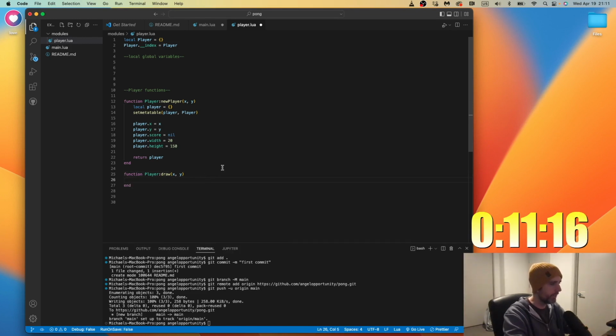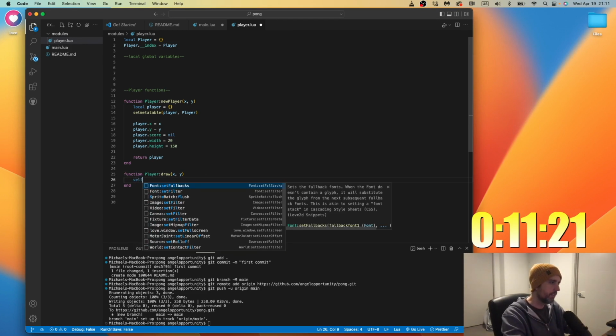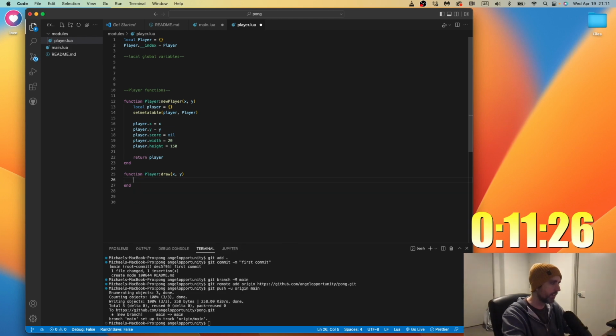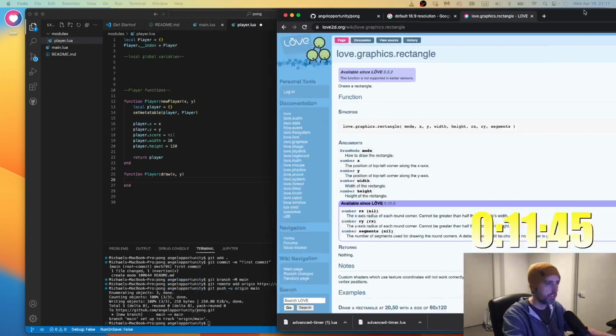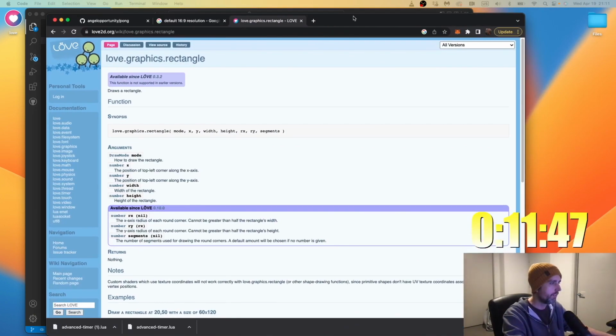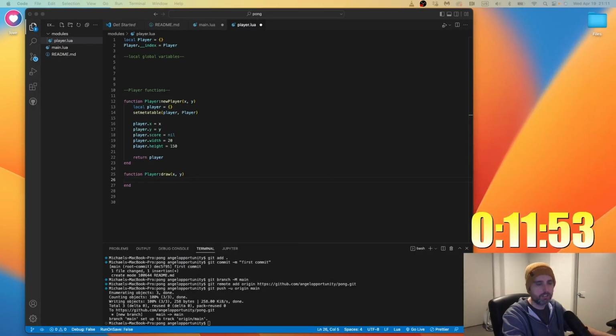So here we will do self. No, it needs to be love.graphics.draw. It needs to be a rectangle. I actually need to look that up in the documentation. Just a second. Love.graphics.rectangle, I think, is. Yeah, I'll show you the documentation here, but the default mode is top left.